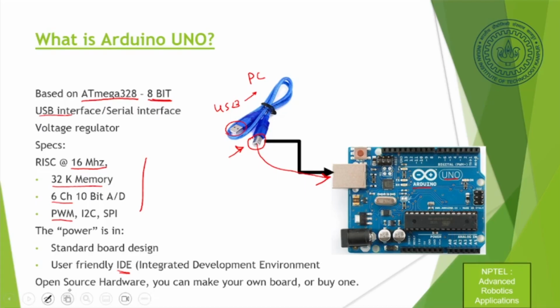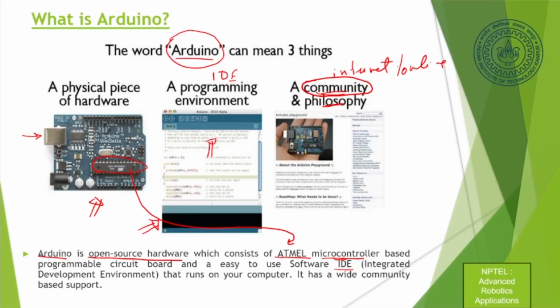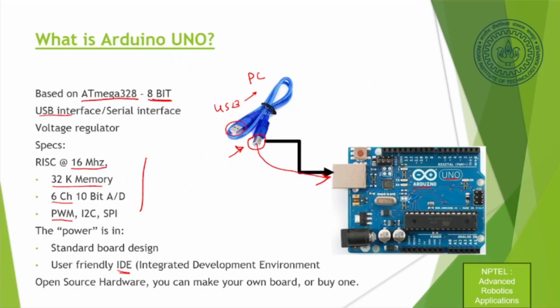It's an open source hardware. That's the most interesting part, that this is an open source hardware. So all the programs are open source and they are available online. You can buy this from Amazon. This board is available on Amazon. You can buy it from any shop, and it costs only about 500-600 rupees. And it's surprisingly very good, even for very simple robot control. That is something we'll be seeing. So this is how you connect.